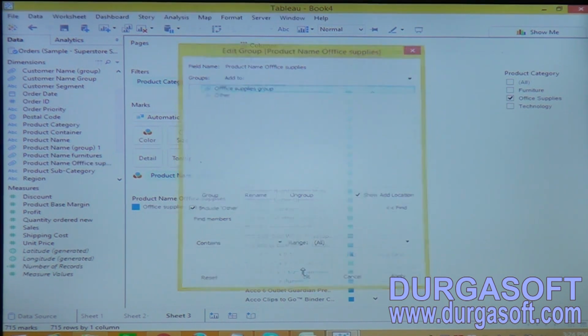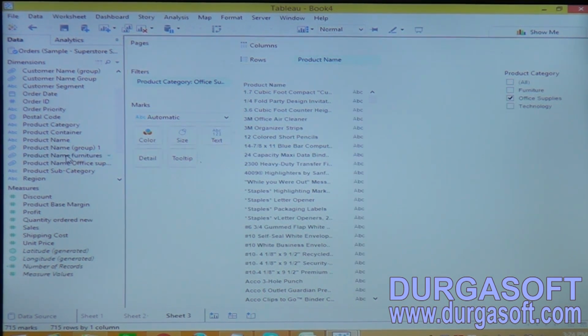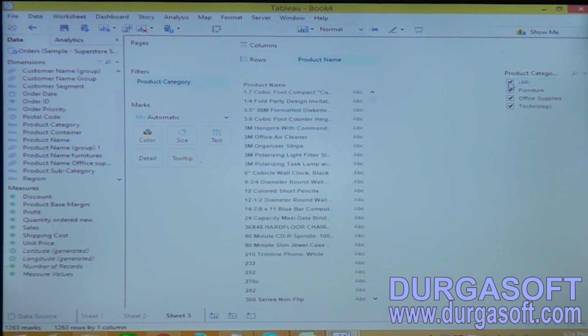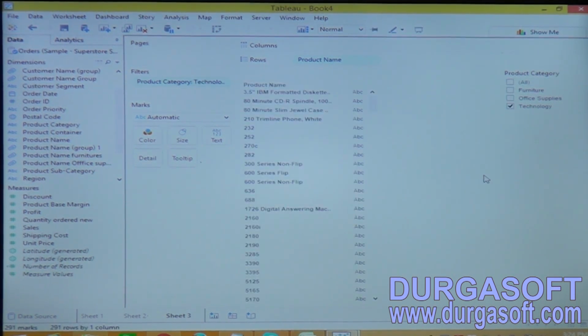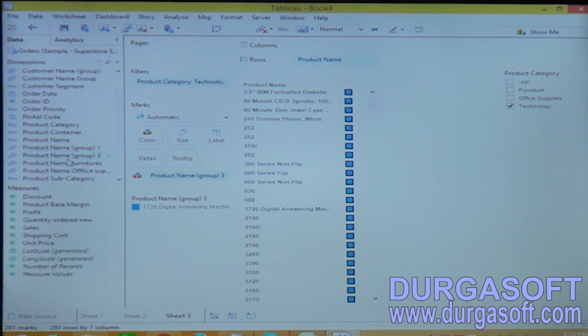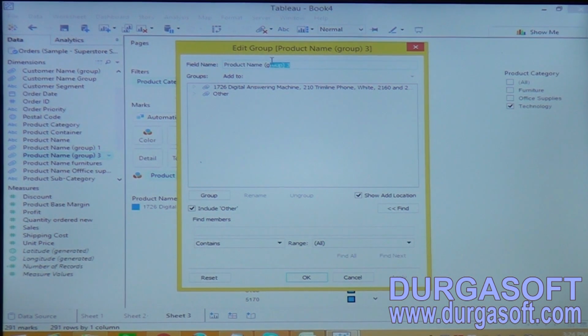Now click OK. Now I want to create one more group for technology. Let me first remove the furniture group here, and now select only technology. These are the list of products from technology. Now create a group again. Now it's number 3. Change that group to the technology group.